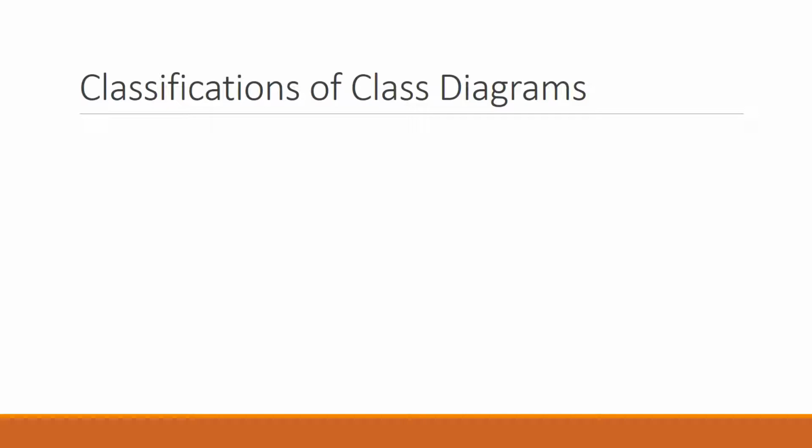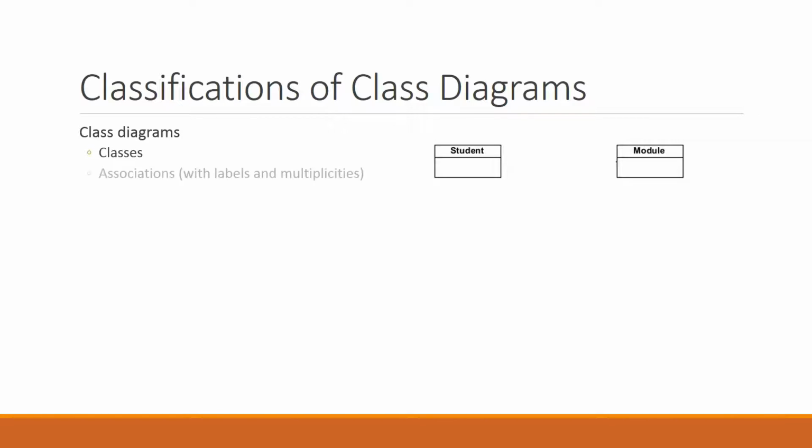Depending on the level of detail that we want, we can use three different terms to describe class diagrams. The first term is simply class diagram, and in order to qualify as a class diagram, it must have classes, such as a student class and a module class, as well as associations with labels and multiplicities, like this. So for example, this class diagram states that a student may take multiple modules, and a module may be taken